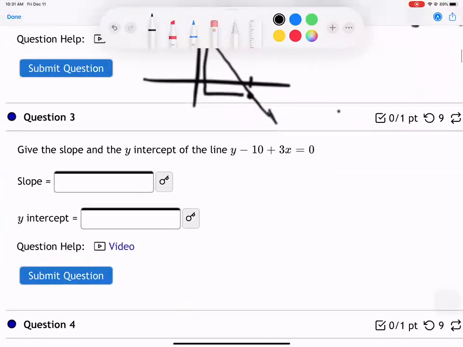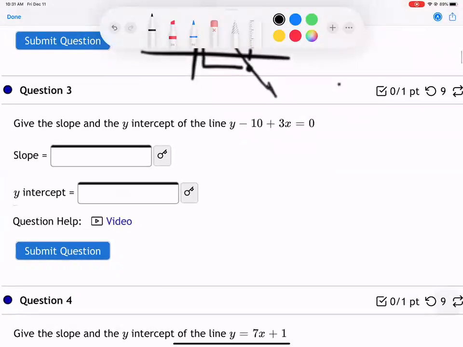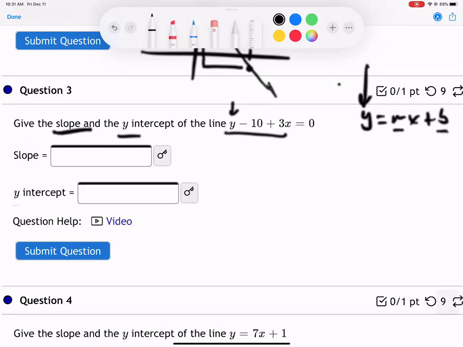Okay, next round, given the slope and the y-intercept of a line here. So they want the slope and the y-intercept. And we have a formula for slope and y-intercept that's called slope-intercept form. Y equals mx plus b. Now, if you remember, the miracle about this is because y is alone. If I can get y alone, you automatically have m next to x and b by itself. So we're going to get y alone here. In this case, we have to get rid of the 10